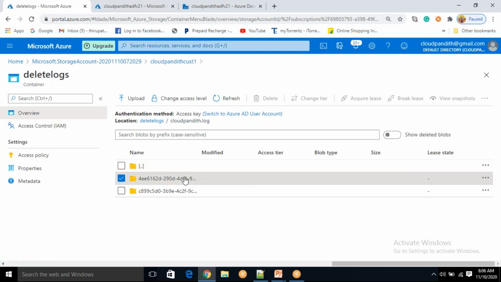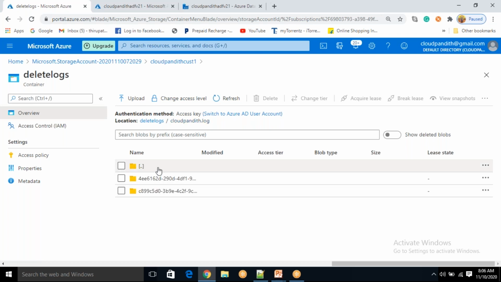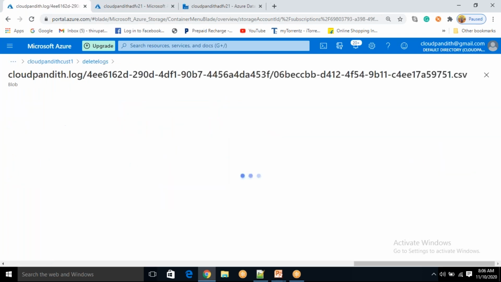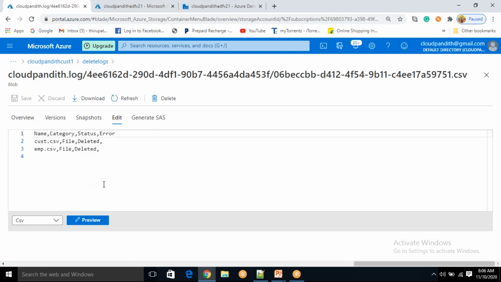Okay, come back. Click on this. See, this is the new file, 8613. This is the new file. If you click on this log, you will come to know what files got deleted at this time. Likewise, every time they are maintaining a separate log file to understand what files got deleted. Okay, that is one thing.